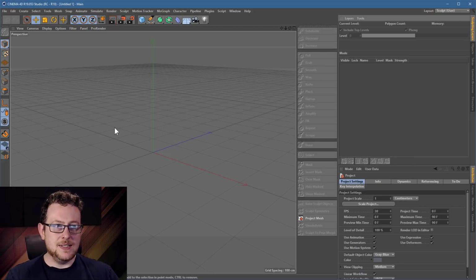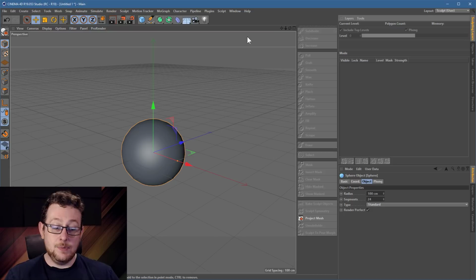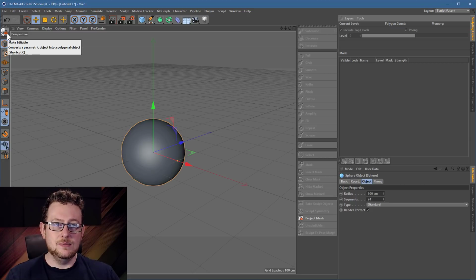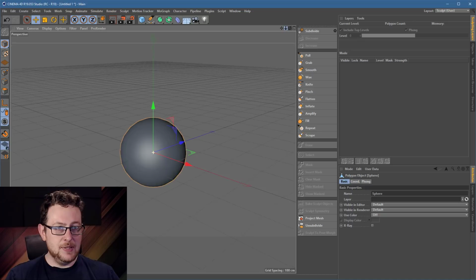So let's go ahead and throw in a sphere object, just a nice bit of geometry to start working on. And because we're going to start sculpting, we're going to change the shape. As ever, we need to make this thing editable. So top left corner, make editable. Now if we get in a little bit closer,